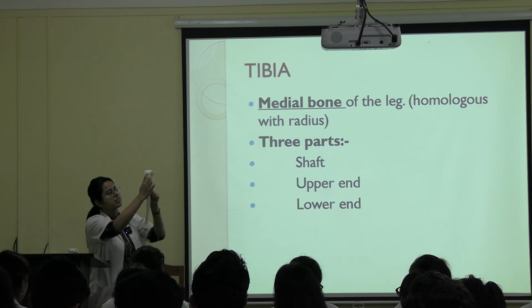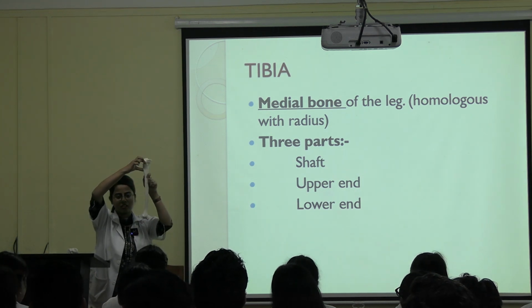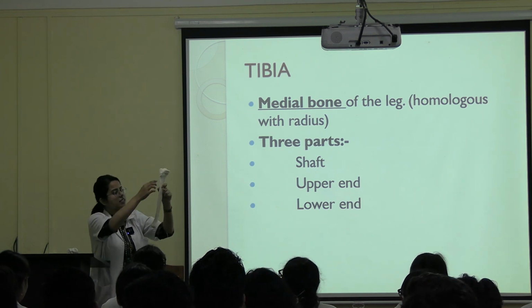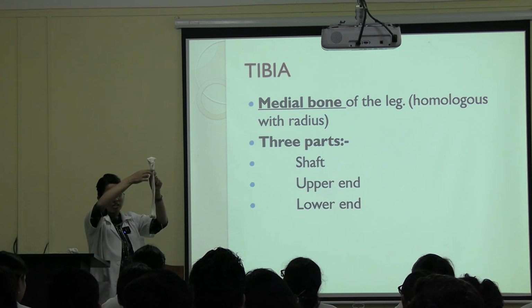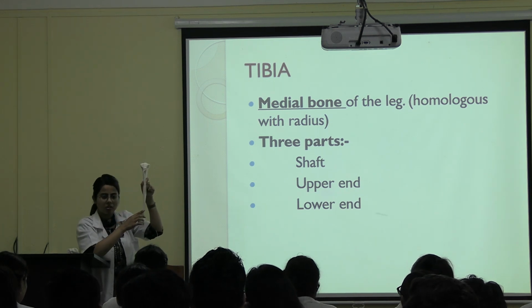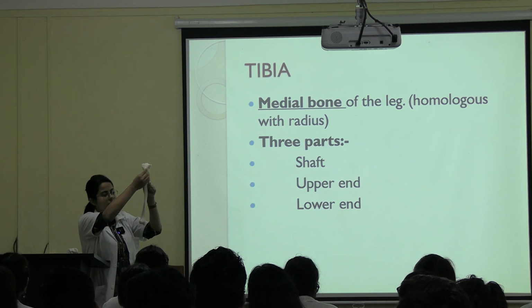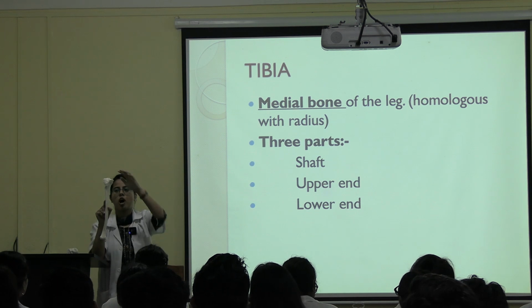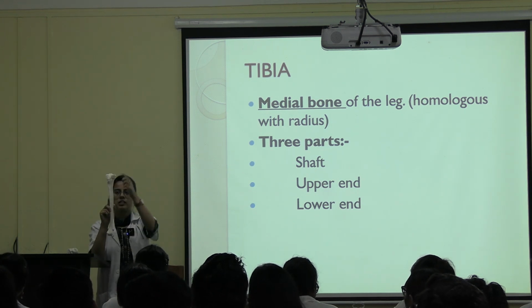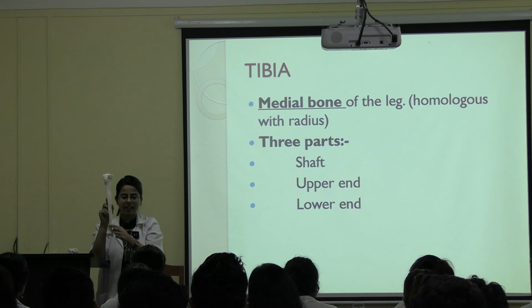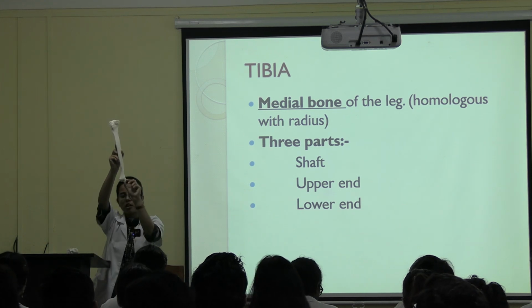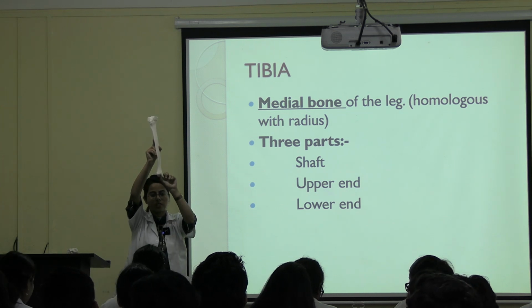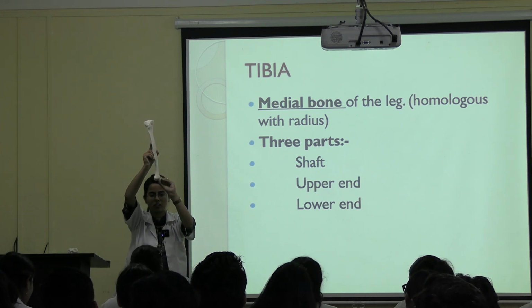In case of shaft, you can see this elevated structure here. This is called as tibial tuberosity. And this sharp border is known as the anterior border. This tibial tuberosity and anterior border should be present anteriorly. So upper expanded and superiorly, tibial tuberosity and anterior border anteriorly, and this projected part is known as the medial malleolus.